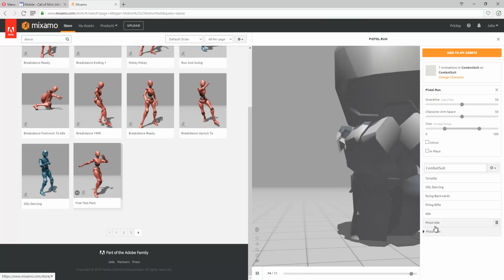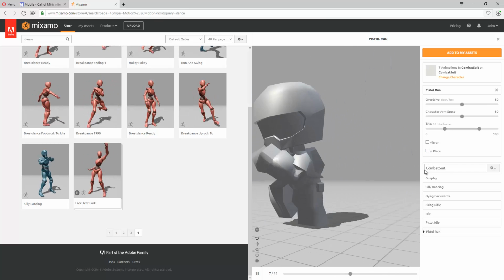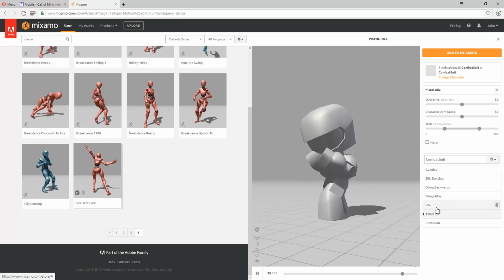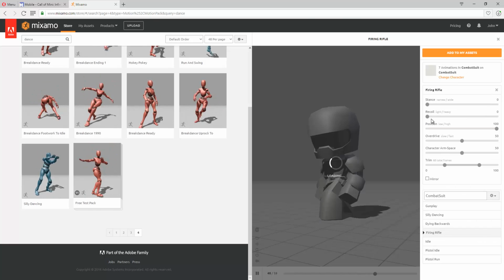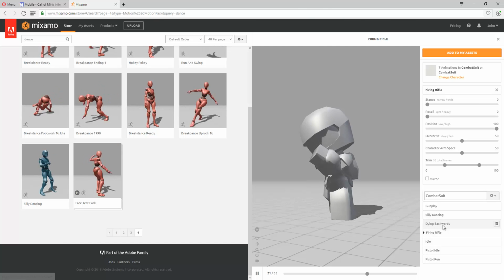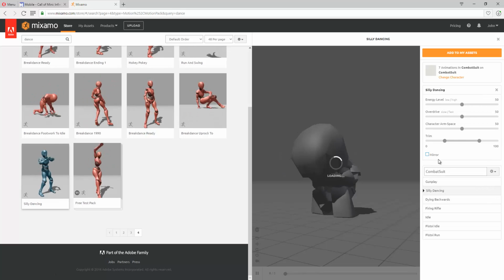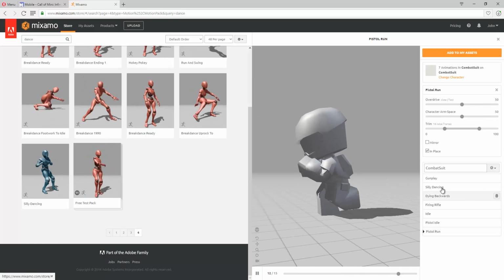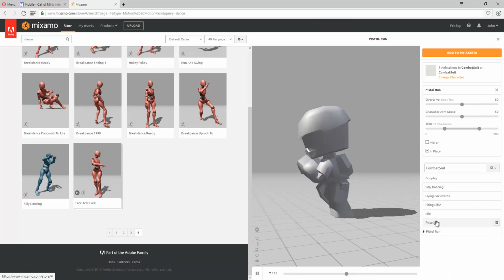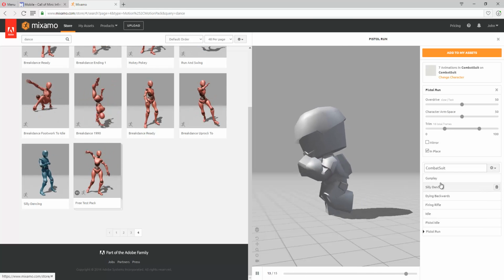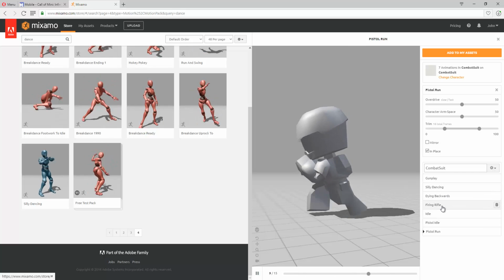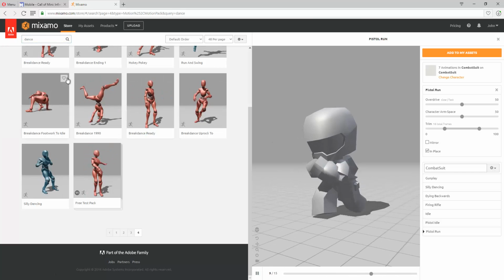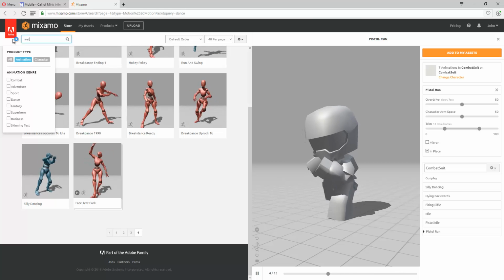Alright guys, so now that we've done that, we're just going to check to make sure that, you see this pistol run? We actually want this in place. Pistol idle, make sure that it doesn't have an in place. If it says in place, then you want to put it in. Dying, silly dancing, gunplay. Okay, so pistol run was the only one. Okay, we have a regular run. Gunplay, silly dancing, firing. Okay, and how about a regular walk?